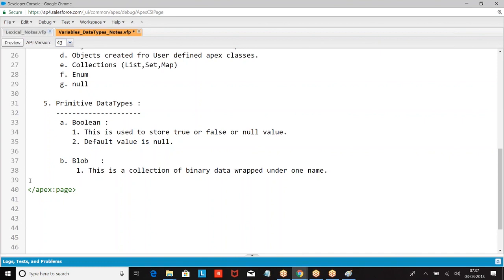If you want to store a bulk amount of data, like a notepad file, a PDF, or encrypted data, we go with the Blob.